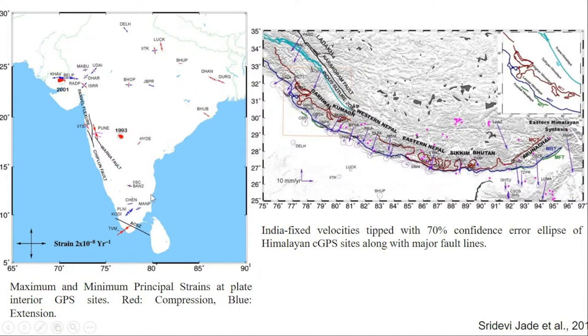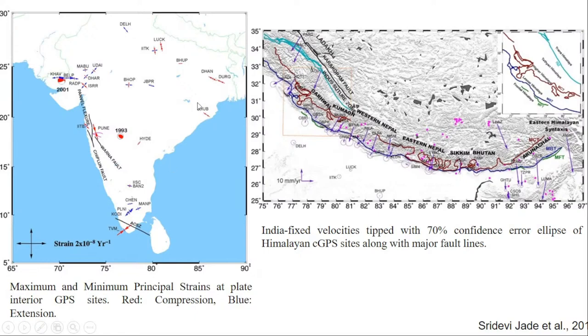Extension means the area is extended, or we can say that it is having a normal fault. Compression means compression is going on, so maybe some thrust fault is there, and due to that this compression is going on. Here also you can see the compression and extension. Some locations can give compression and extension both of the same magnitude,